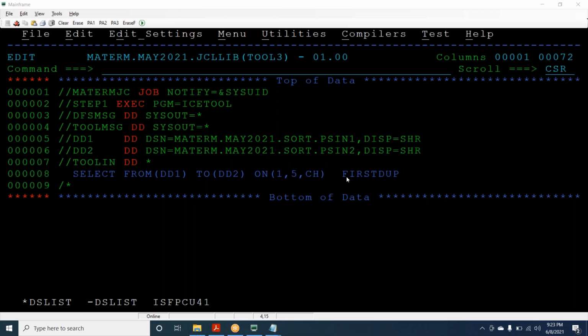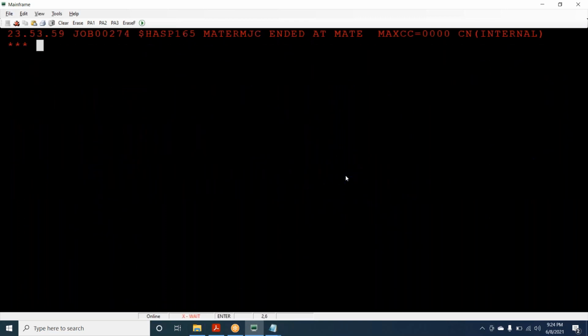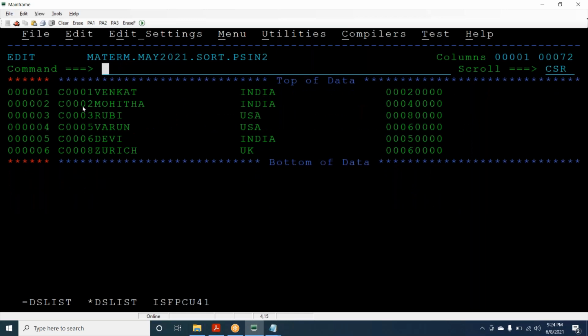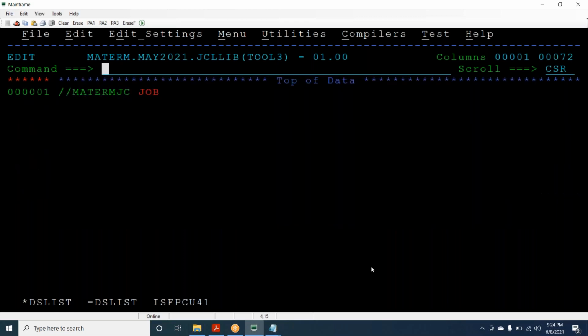Okay, so if I give first, what we are expecting is that it might copy. So close the file. Yeah, this is correct. So the first occurrence of 0, 1, 2, 3, 4. Earlier one was only first to get the duplicates, and among them the first record.